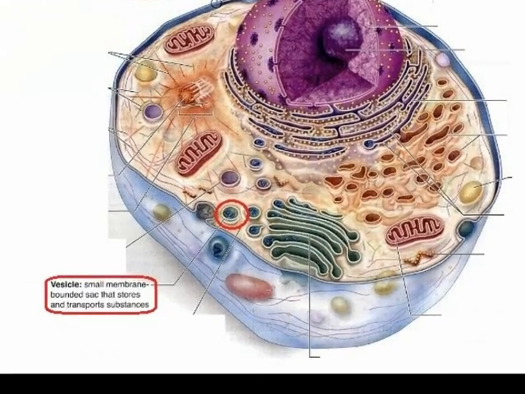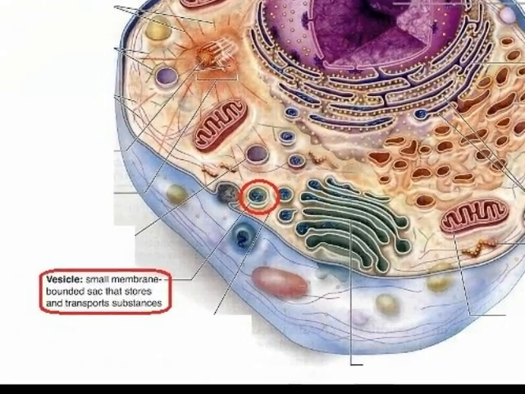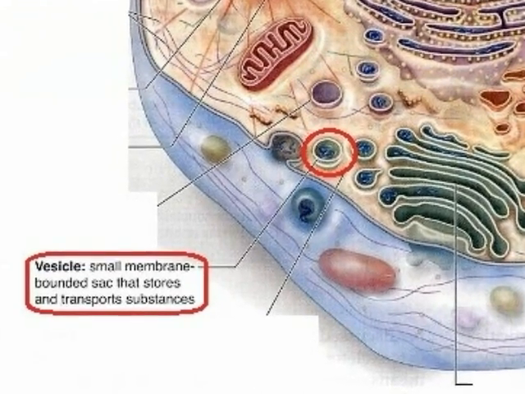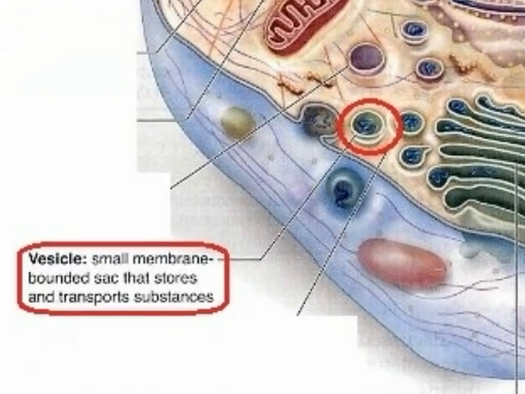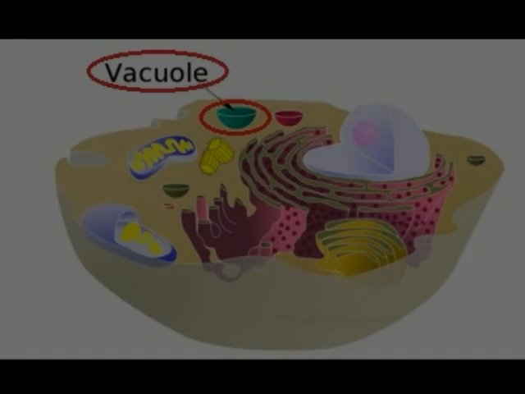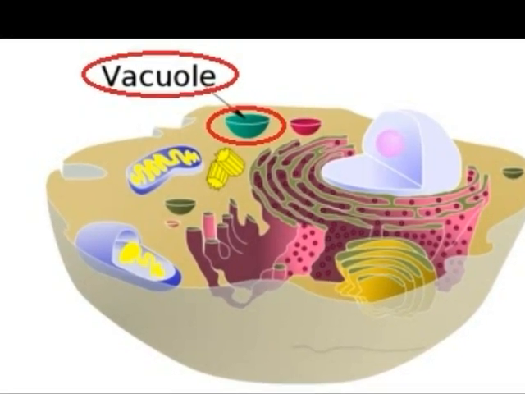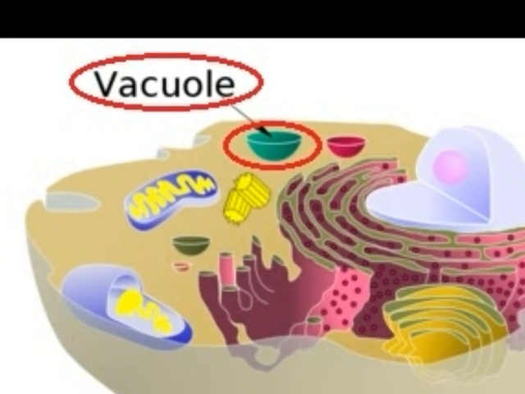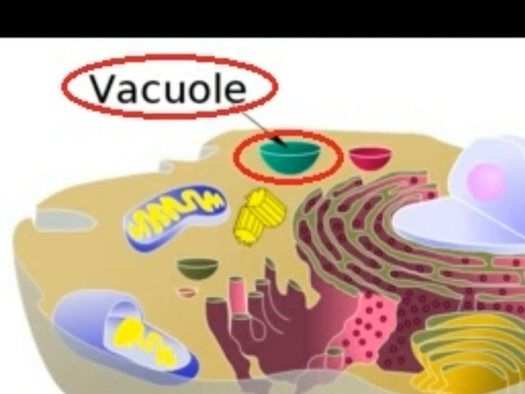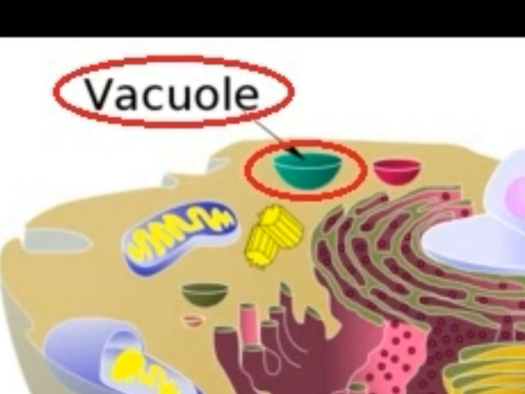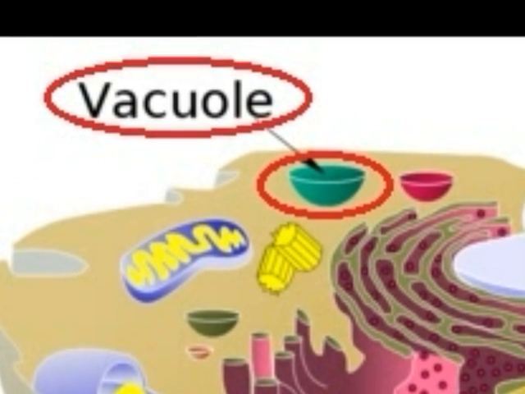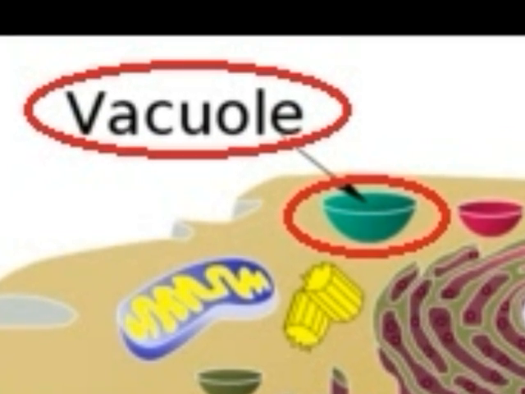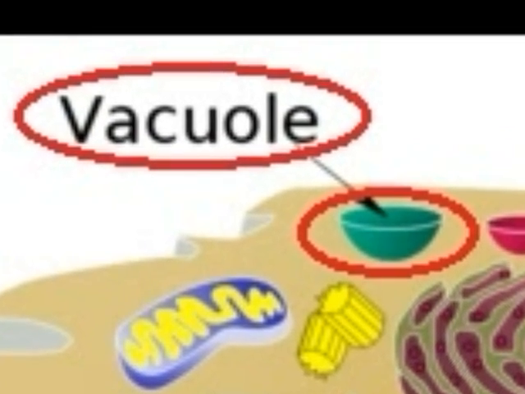Our next organelle is the vesicle. This organelle is a membrane-bounded sac that stores and transports substance throughout the cell. Now we will examine the vacuoles. They are sac-like structures that have the job of storing materials such as water, carbohydrates, salts, and proteins. The pressure of the vacuoles in the plant cell allow the plant to support heavy structures such as leaves and